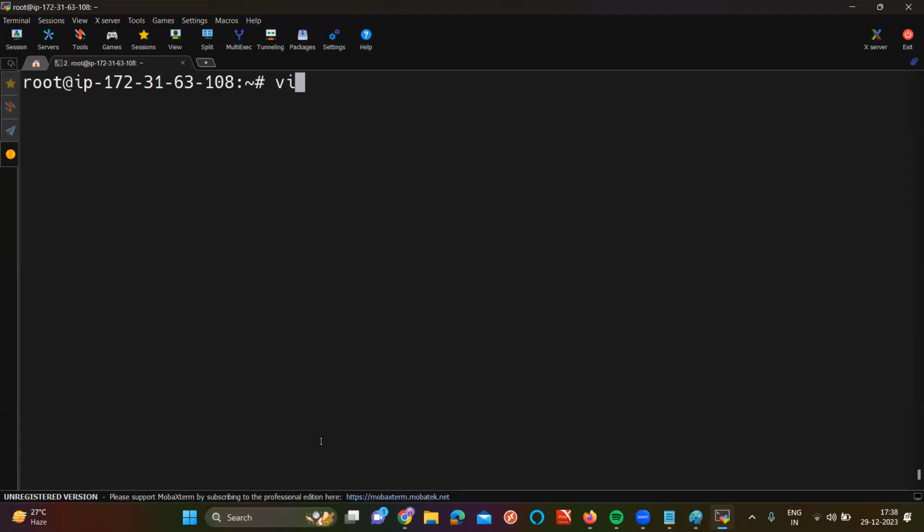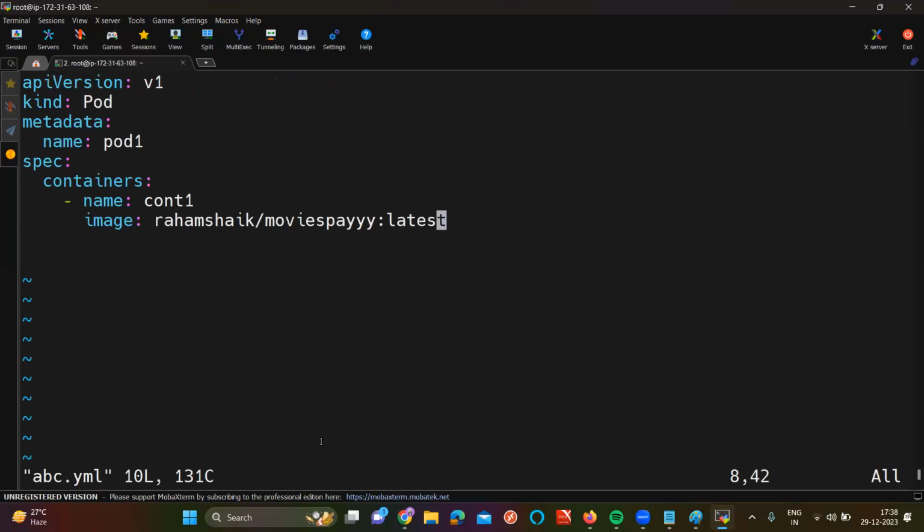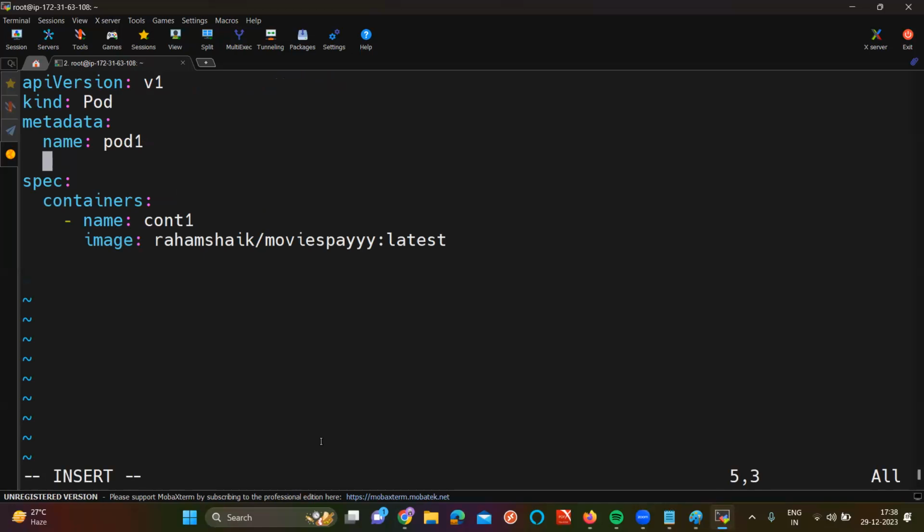Now, how to write the code for a replica set? I already have the code, and I will explain. But if you see, how many lines did you write for the pod? Additionally, 8 lines you are going to write for the replica set. But that is going to be very, very easy. In the replica set, I am going to change this configuration.